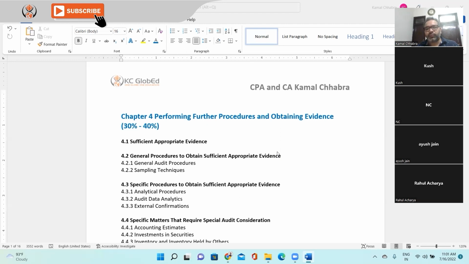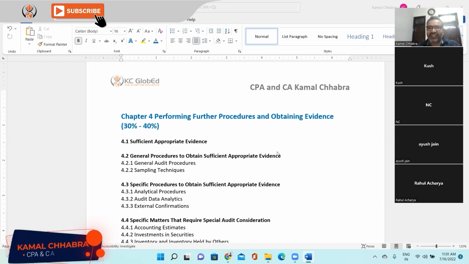We are basically testing the controls, so we inspect the actual supports that the client provides for the controls. For example, if the control is that someone is inspecting a reconciliation that has been prepared, you take the reconciliation and inspect that. So for example, if you need to test purchases of inventory, what all documents will you be inspecting?